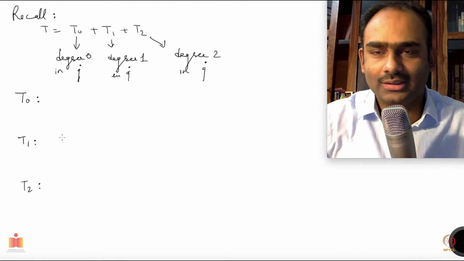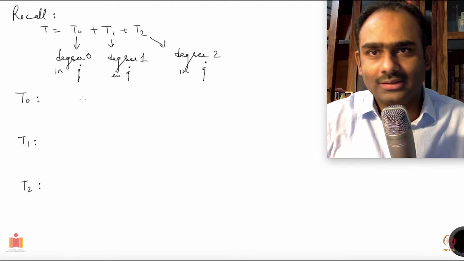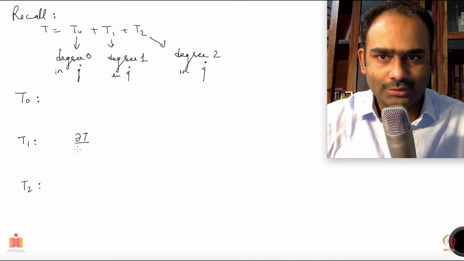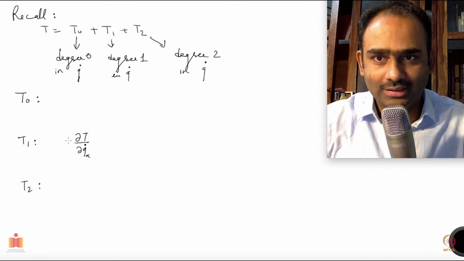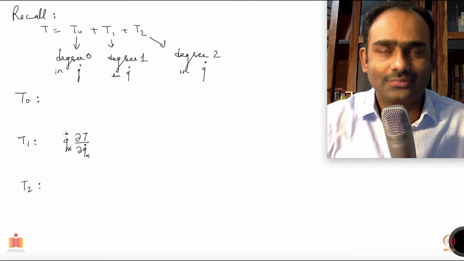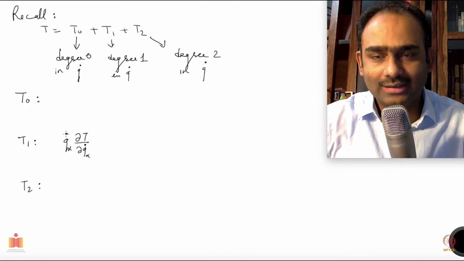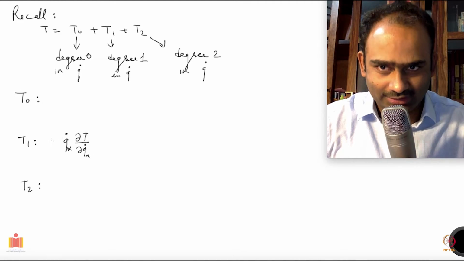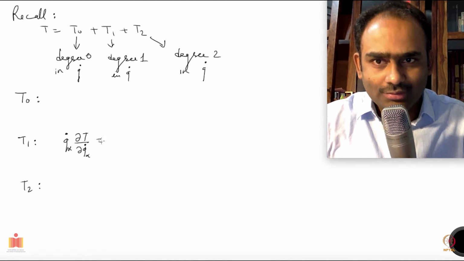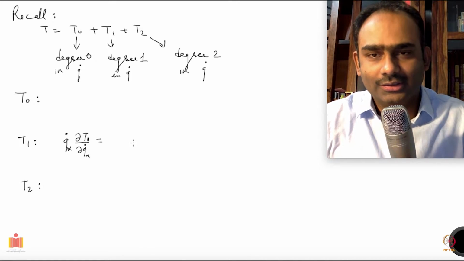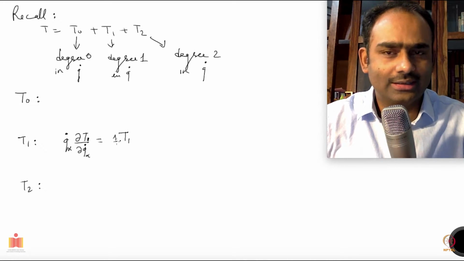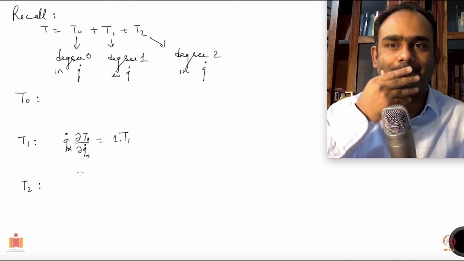Okay, let's look at first T1. If I take a derivative of T1 with respect to Q alpha dot, I remove a power of alpha dot, then I multiply by Q alpha dot here, and I insert that power back again. There is a summation implied because the alpha is repeated twice here. You will get T1 back. The coefficient multiplying it is 1, because it's a function of degree 1.